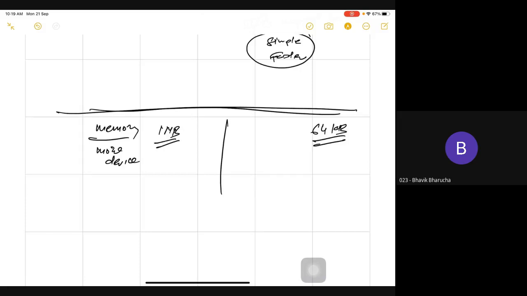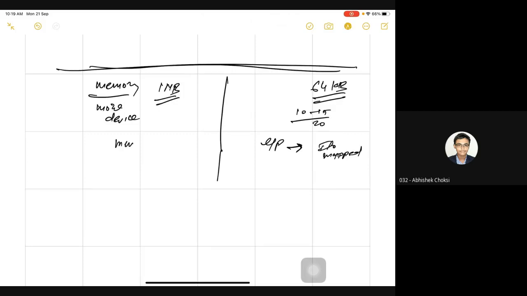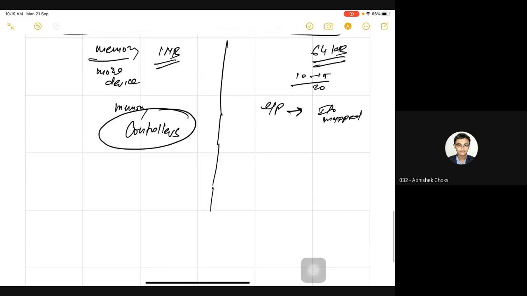At our home, how many input output devices can we use? Maximum 10, 15, 20, right? So normally all our microprocessors use IO mapped IO because we never go with more input output devices. But in a situation where you need more than 64 KB of input output devices, at that point of time you require memory mapped IO. So they will be used in controllers, microcontrollers. Now all of you have known about that Dubai Burj Khalifa building.